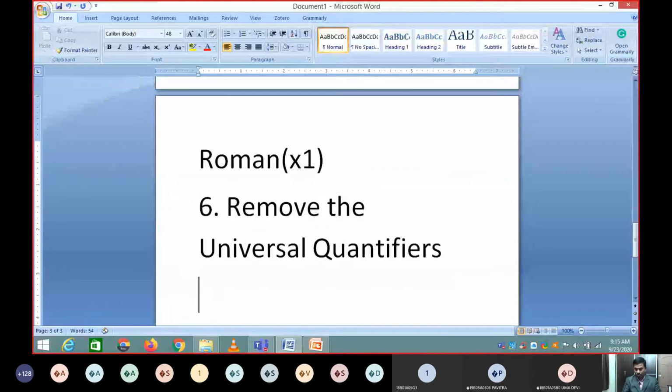This is what the sixth rule is, because there is no need to keep all these universal quantifiers for proving something, because x can be somebody. You can replace the x value with Marcus or somebody who is living in that place. Then what to do is express something in terms of conjunction.